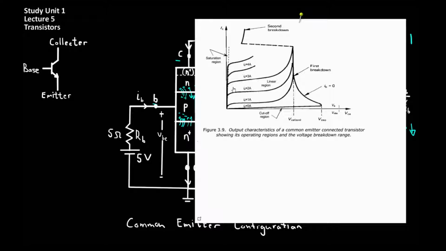Figure 3.9 from the text shows where first and second breakdown occur. On the IC-VCE characteristic of the BJT, there are several characteristic curves for the device depending on the injected base current. As can be seen, the device will gradually approach first breakdown as VCE increases until it reaches some VCS where first breakdown happens. When second breakdown happens, the required voltage across the collector-emitter junction is no longer relevant and current will just flow